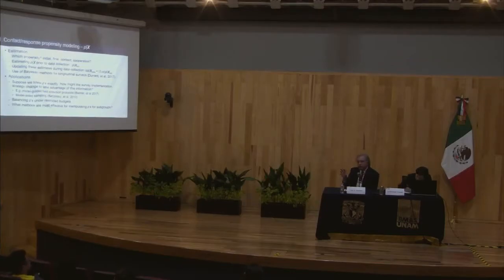It doesn't have to be response propensity. So I denote that as rho, and then I use the slash to make a condition. So this is a conditional response propensity based upon some characteristics x. And x is the auxiliary data, or some sort of paradata. It could be paradata, it could be auxiliary data, it could be characteristics of households and so forth.